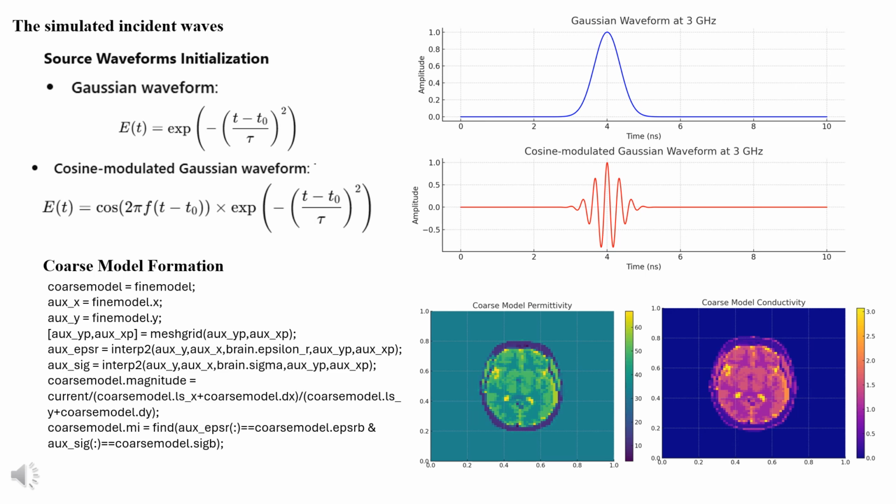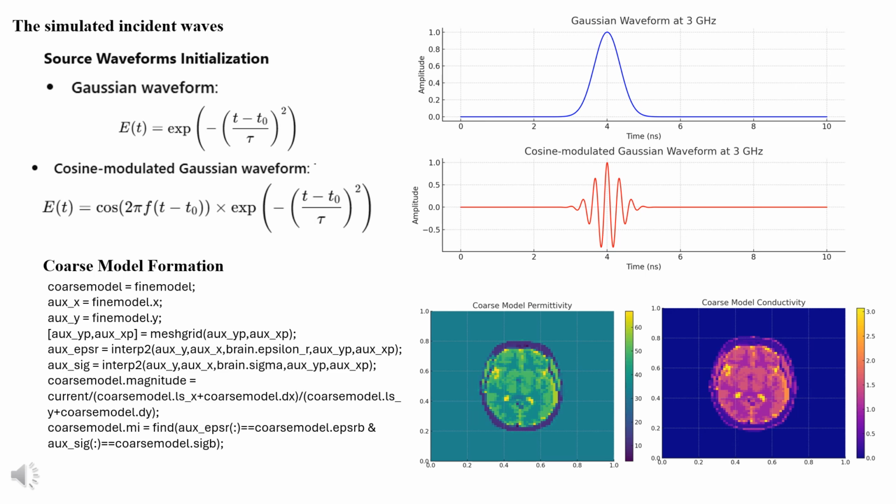The second type of waveform is the cosine modulated Gaussian waveform. This is essentially a Gaussian waveform modulated by a cosine function. The cosine term introduces oscillations, which modulate the Gaussian envelope. This can be seen in the bottom right plot, which also shows a waveform at 3 GHz. Unlike the pure Gaussian waveform, the cosine modulated version oscillates about zero, showing a more complex structure with alternating positive and negative amplitudes. These oscillations gradually fade out as the envelope decays, forming the typical behavior of a modulated Gaussian